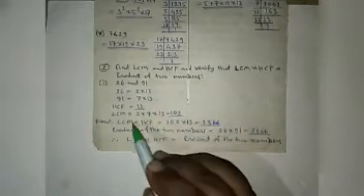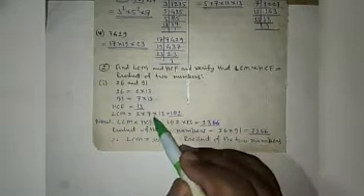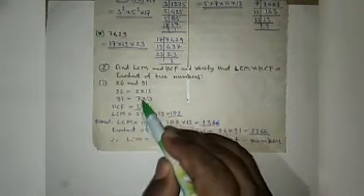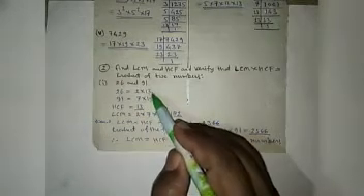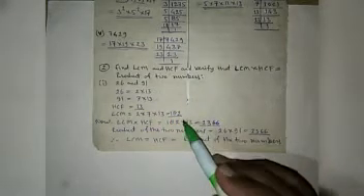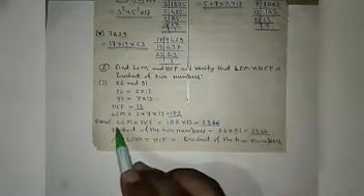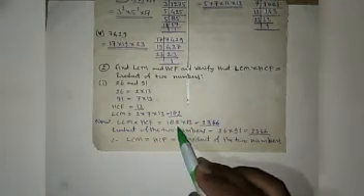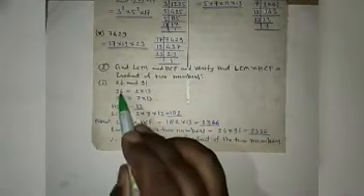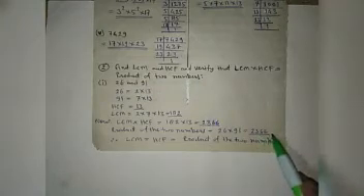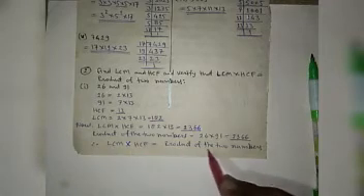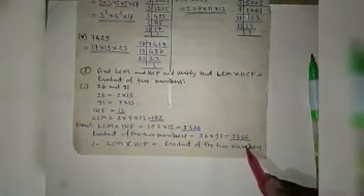So HCF is 13 and LCM will be the multiplication of all types of factors having the highest power. So here 2 comes one time, 7 comes one time, and 13 is one time in both the numbers. So 2 into 7 into 13 gives 182. Now you have to verify the relation. So LCM into HCF is equal to LCM 182 into HCF 13. It gives 2366. Now the product of two numbers means 26 into 91. It gives also 2366. So here we see that LCM into HCF is equal to the product of the two numbers, and the relation is verified.